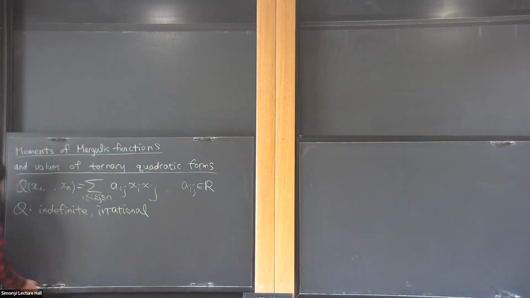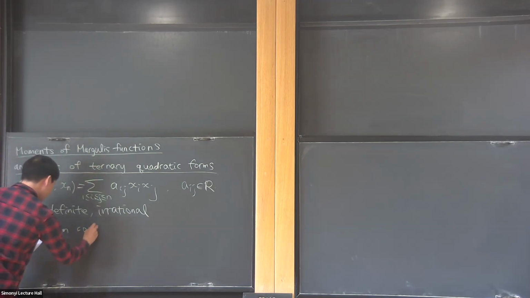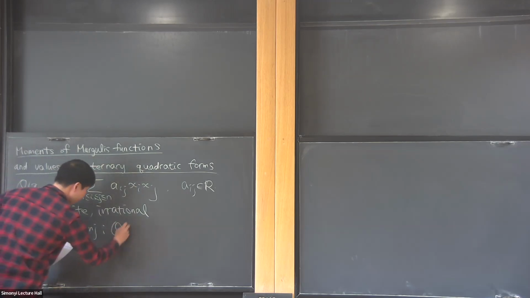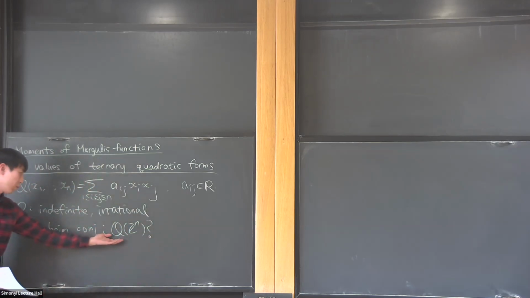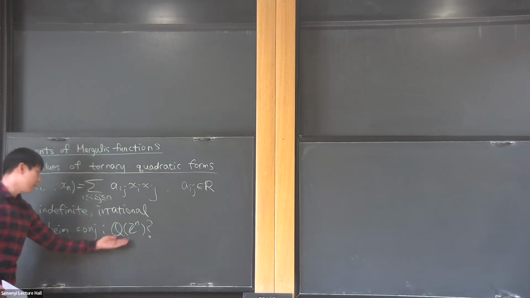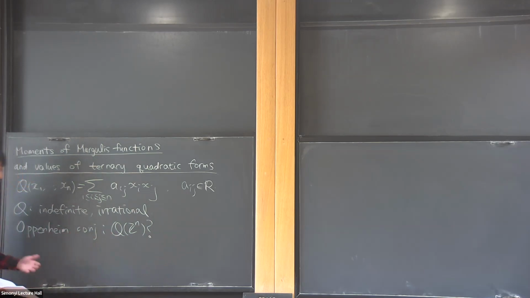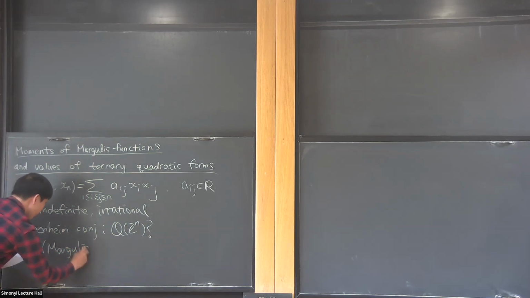And there's a conjecture by Oppenheim, proposed around 1930. Basically the conjecture asks about the distribution of the values of the quadratic form at integer points, whether 0 is isolated in this image or whether the image is dense in the real line. And the conjecture was proved by Margulis in the mid-80s.